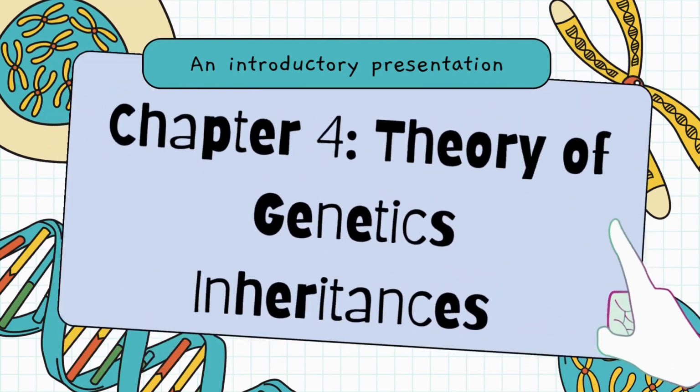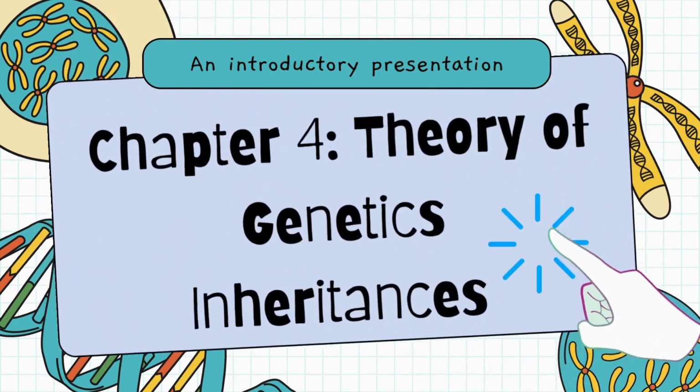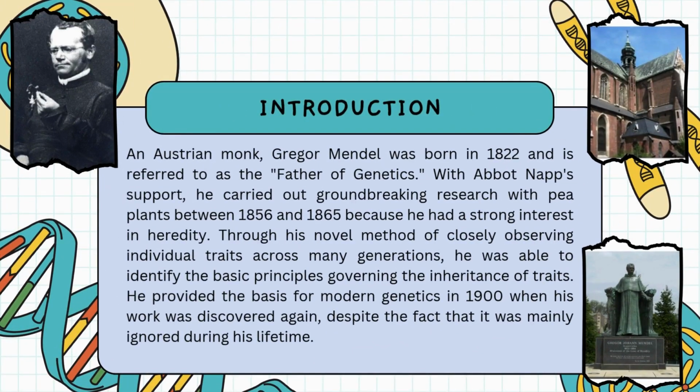This topic focuses on how traits are passed down from parents to offspring through genes. The story begins with a scientist named Gregor Mendel. He was an Austrian monk born in 1822 and is known as the father of genetics. Mendel did experiments with pea plants between 1856 and 1865 to study how traits like flower color and seed shape are inherited. Even though his work was ignored at first, it became the foundation of modern genetics after being rediscovered